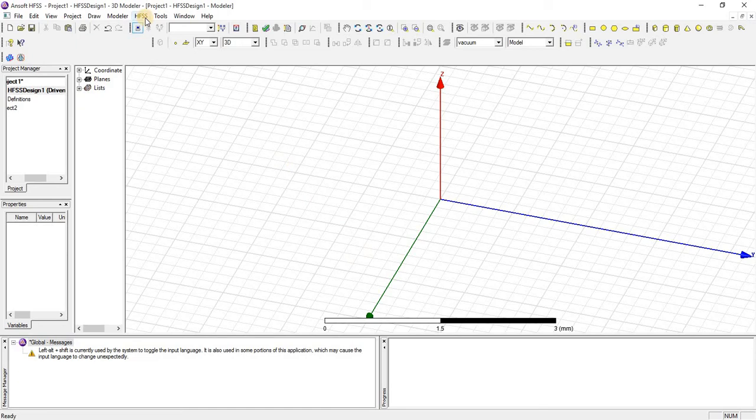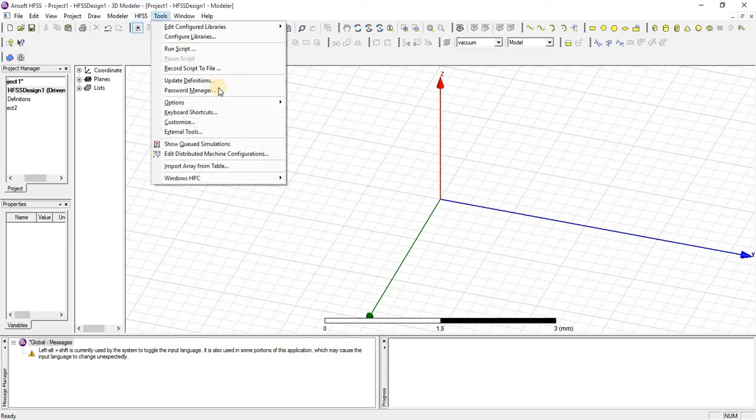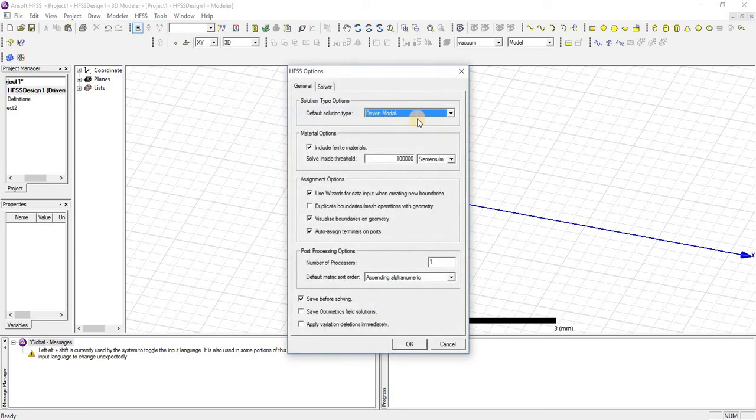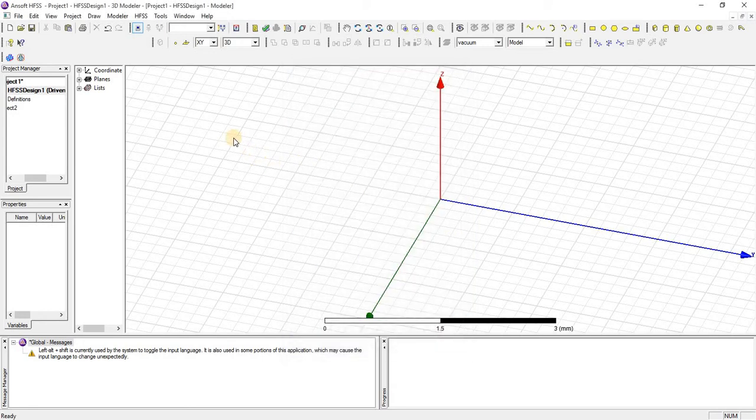If you want to change that for default, so that whenever you run the software it is automatically set, just go to Tools, Options, and here is HFSS Options. Here you can see in the first window, this is the default solution type. From here you can select whatever solution type you want. Just press OK.